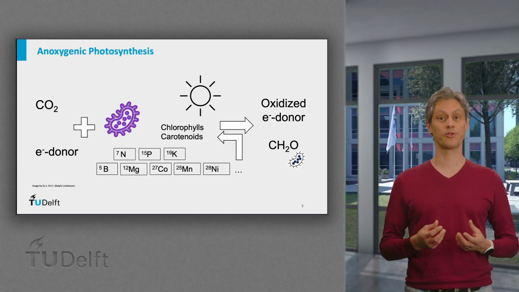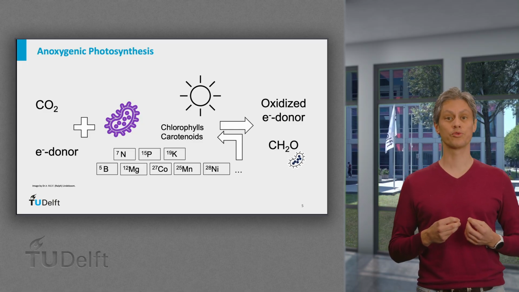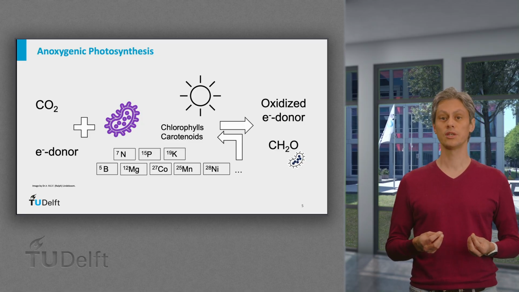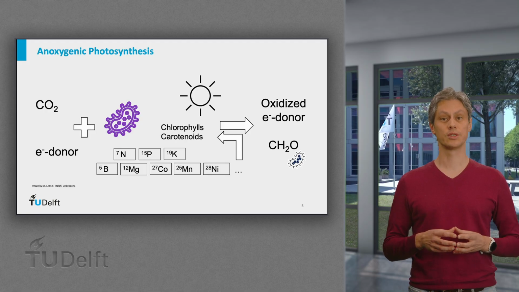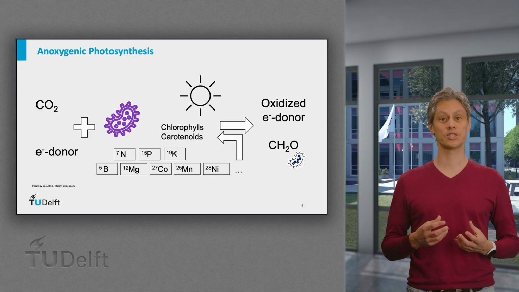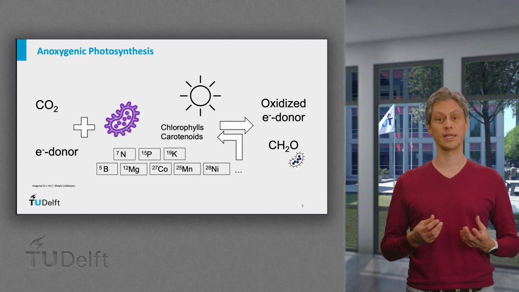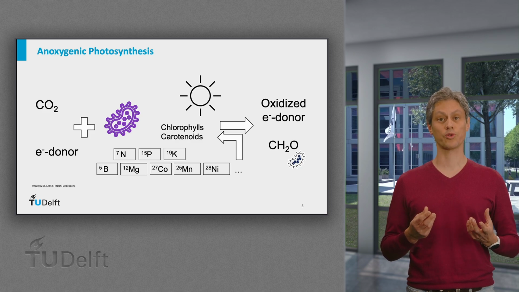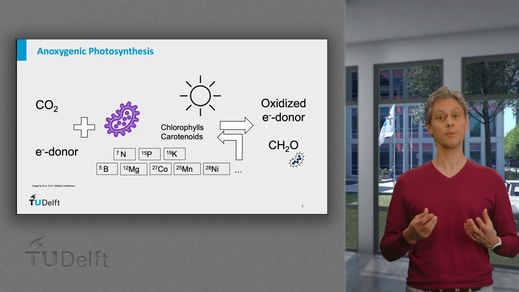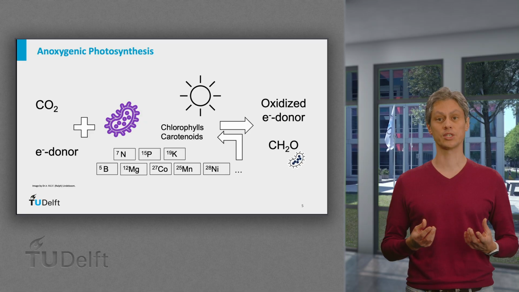In anoxygenic photosynthesis, near-infrared light is absorbed by the associated bacterial chlorophylls and used to convert different electron donors into new biomass. But instead of oxygen, alternative byproducts are produced. Unlike oxygenic phototrophs, the specific combination of carotenoids and bacterial chlorophyll makes them typically appear purple, which is why they are often referred to as purple phototrophic bacteria, or PPB. It should be noted that their color may change depending on environmental conditions.